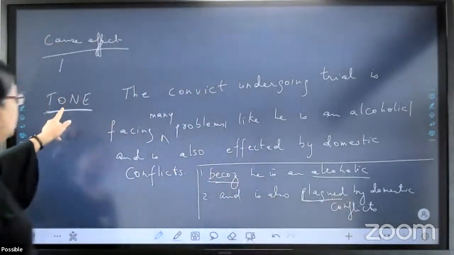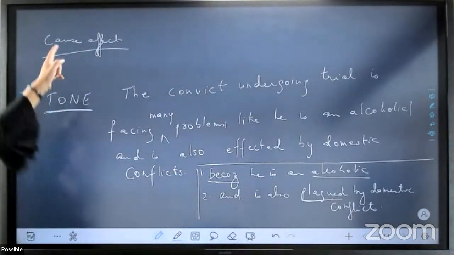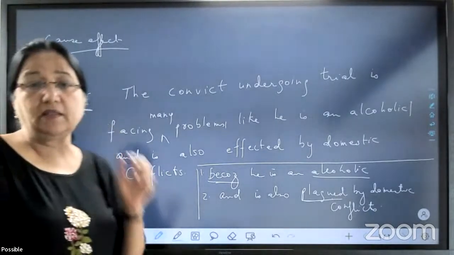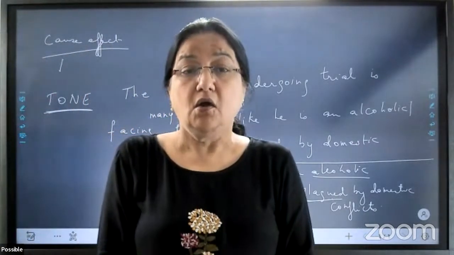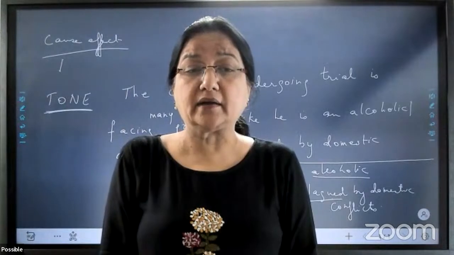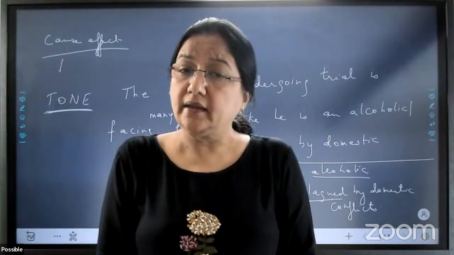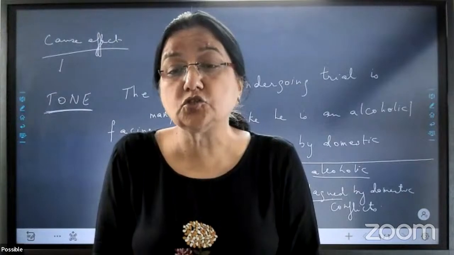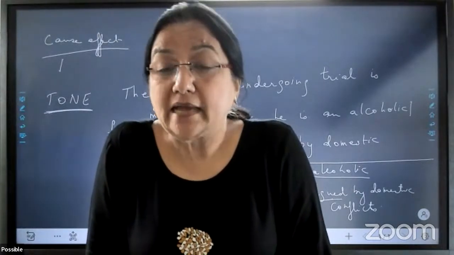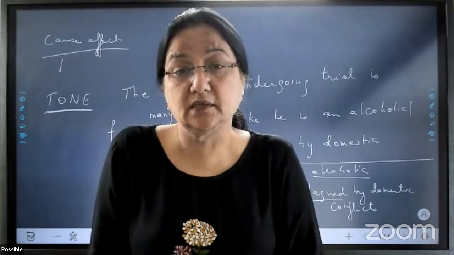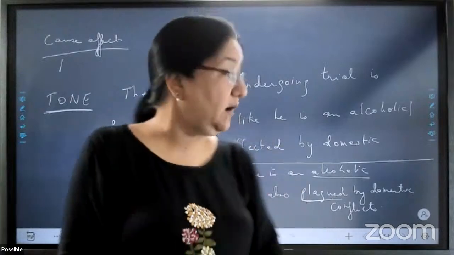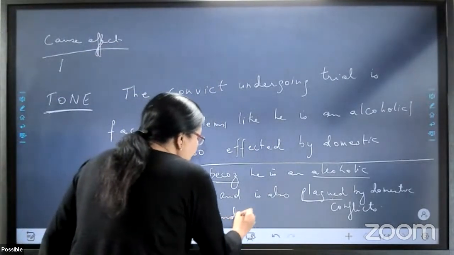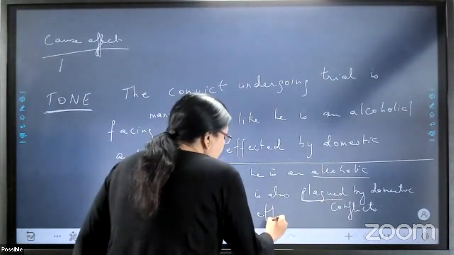So as you can see, tone should not change, cause and effect should not be there, distortion should not be there, while I'm changing the meaning only, or I am bringing some new factors, new ideas. I can also not change the fact. Sometimes they distort the fact. Yes, plagued is very extreme, Siddharth. You're very right. And the third choice, and is affected